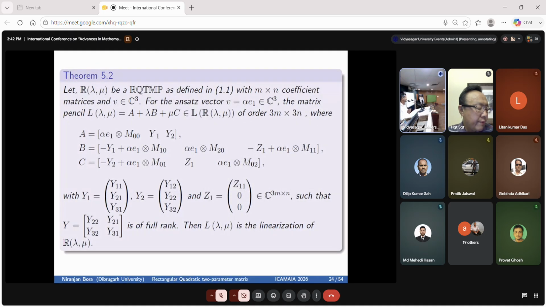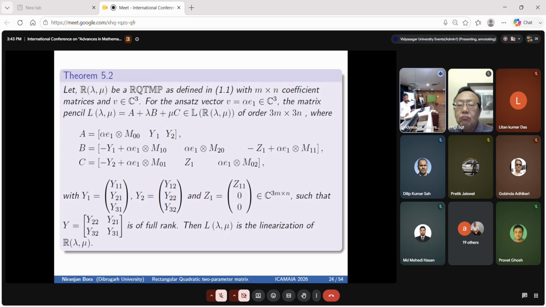Let R be a matrix polynomial as our given equation, and for the answers copy alpha 1, alpha u1, the linear polynomial L(lambda, mu) equals A plus lambda B plus mu C of order tm, where these matrices A, B and C take this form. These facts are already proved in our previous theorem,